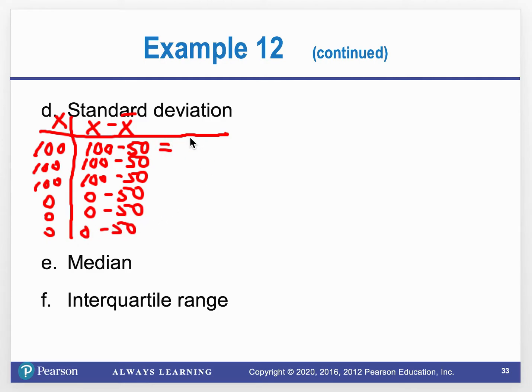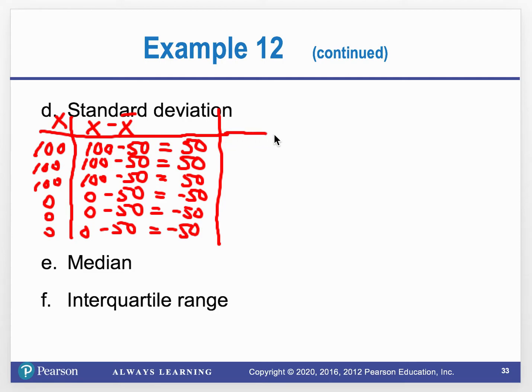And again, when I get these values, it's just like we talked about before. It's always going to give me a 0 over here, even when the deviation isn't 0. So in order to get rid of these positives and negatives, since they add to 0,